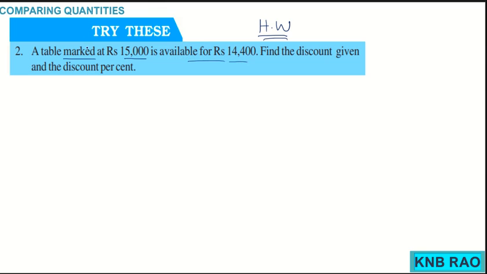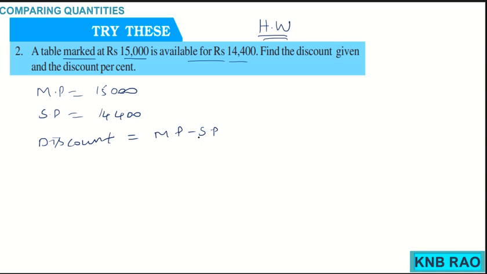15,000 is the market price and 14,400 is the sale price. So if the market price is 15,000 and the sale price is 14,400, the discount amount allowed will be the difference between them. You know how to calculate it: 600 rupees is the discount amount, and now you are asked to